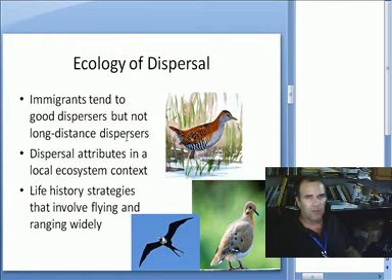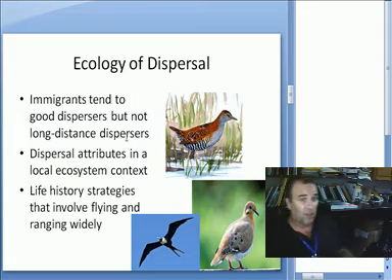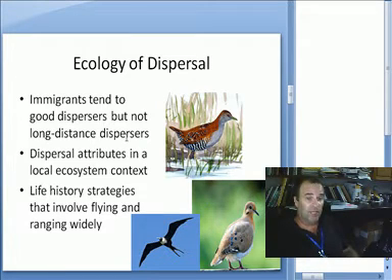What I want to talk about now is the ecology of dispersal. Why do things disperse? Why do we get plants and animals which are able to colonize these islands? Why don't they just stay at home on the continent where the living is good, living is easy? They don't need to go and colonize a new island or anything like that. But yet it happens. So why is this the case? To understand this, we need to go back and look at why animals disperse. Why do plants and animals try and spread or increase their range? And the answer is